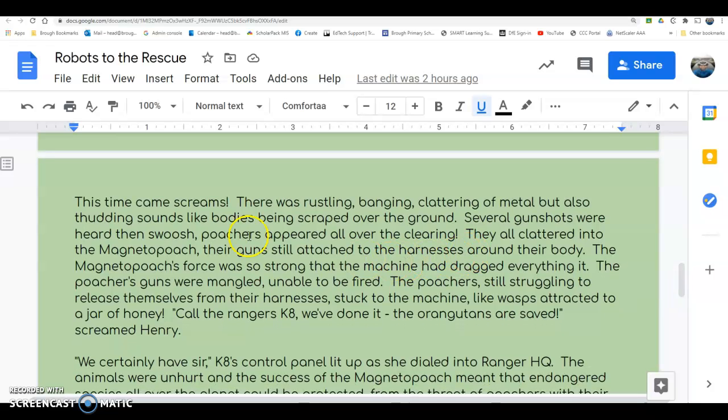This time came screams. There was rustling, banging, clattering of metal, but also thudding sounds like bodies being scraped over the ground. Several gunshots were heard, then swoosh, poachers appeared all over the clearing. They all clattered into the Magneto Poach, their guns still attached to the harnesses around their body. The Magneto Poach's force was so strong that the machine had dragged everything to it. The poachers' guns were mangled, unable to be fired. The poachers still struggled to release themselves from their harnesses, stuck to the machine like wasps attracted to a jar